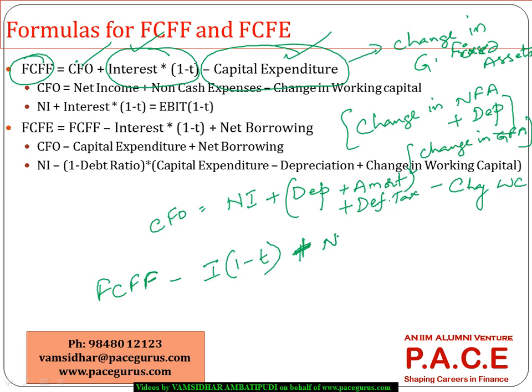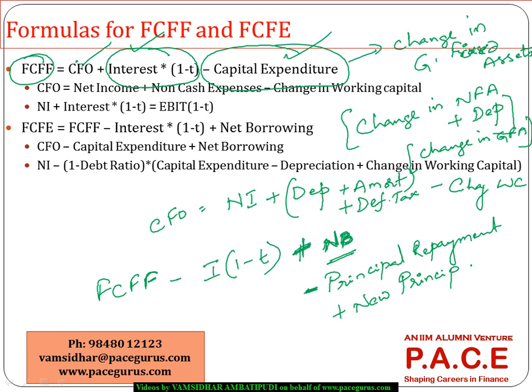So principal repayment or additional principal taken, whatever it is, that part also needs to be adjusted. That's where we use net borrowing. Otherwise it is minus principal repayment plus new principal taken. This is the free cash flow that is available in this year to be paid to the equity